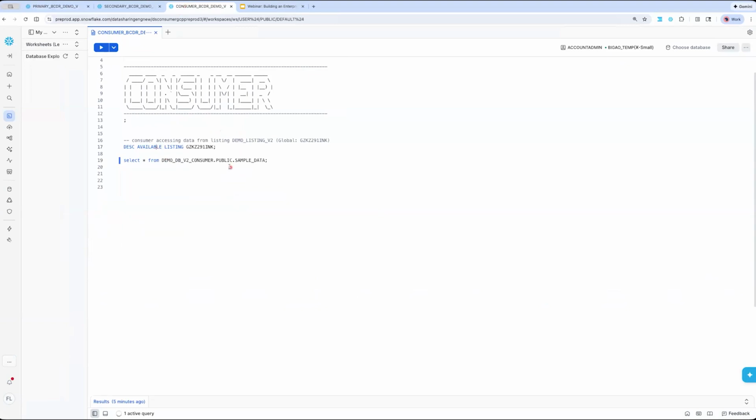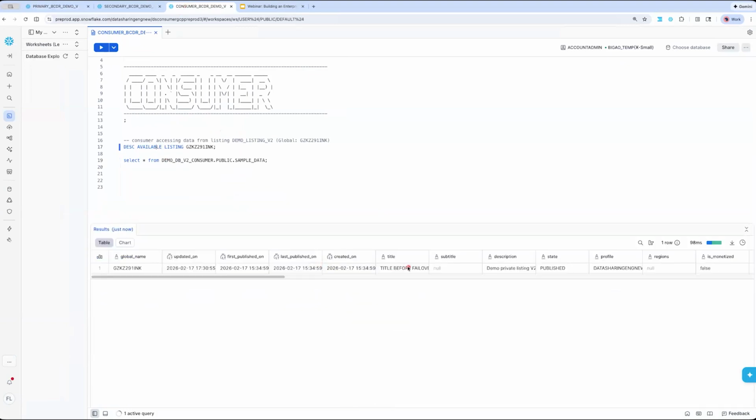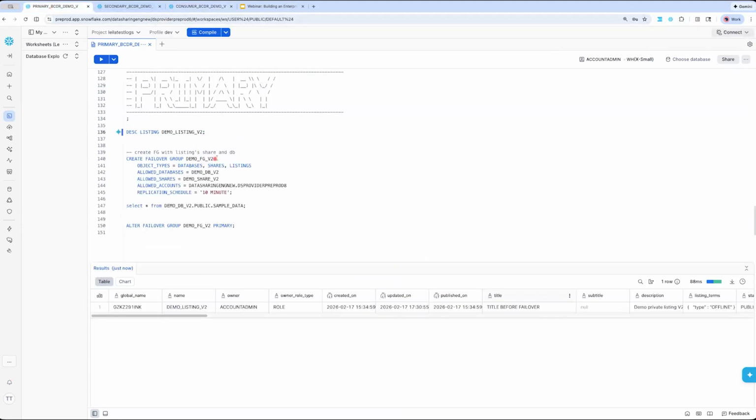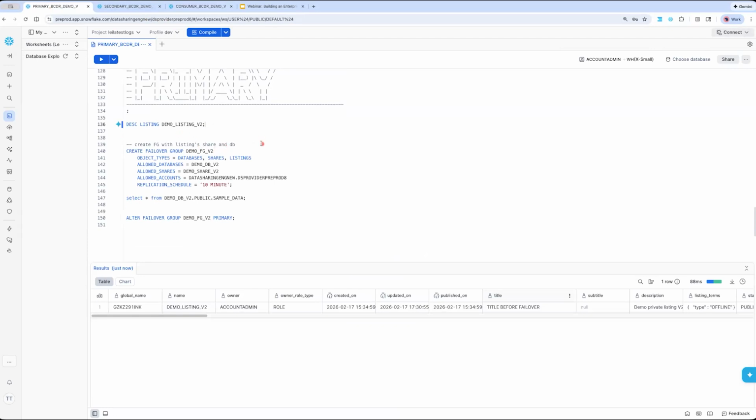Let's quickly go to the consumer, see that the consumer is able to access the listing. They can even query the data on the listing. So it has 5 rows right now. Now that the listing is set up,